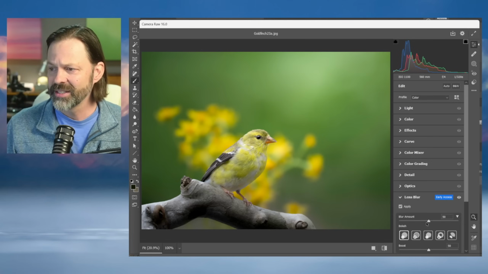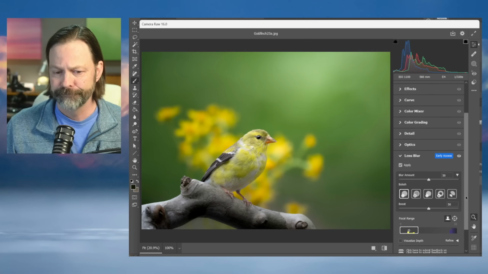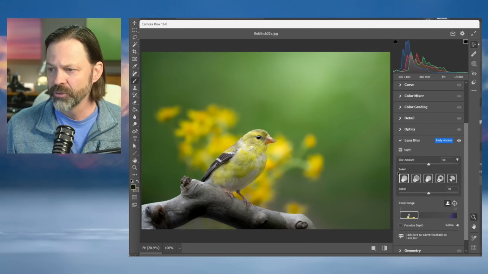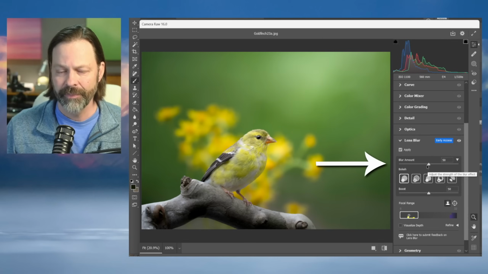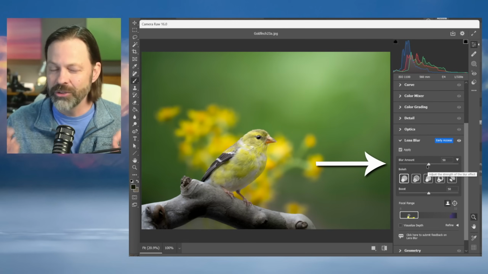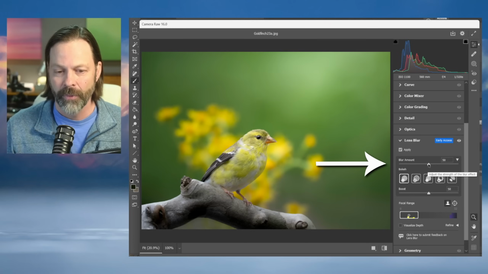Let me go down to this slider. You'll see it down here. Let me make it a little bigger for you. There's a couple other boxes down here. We'll get into those in a minute, but we're just going to deal with this slider. In an easy image, in an image with just a couple focal planes, all we have to do is select